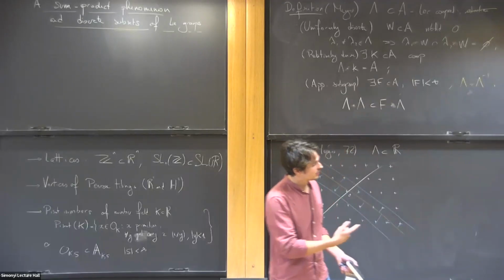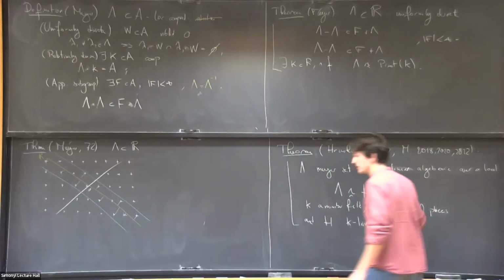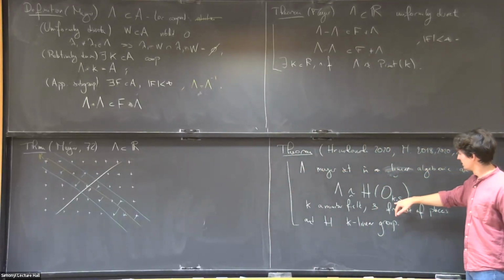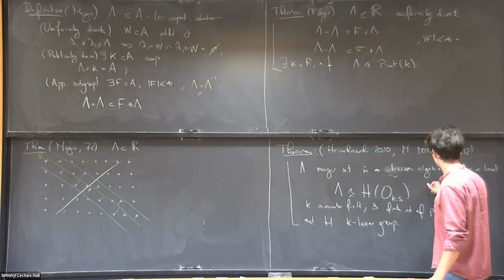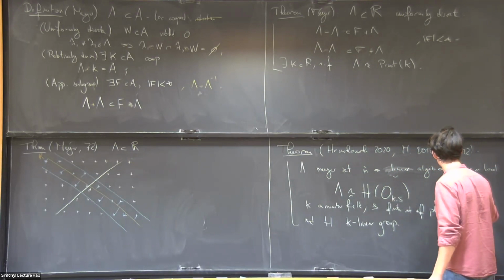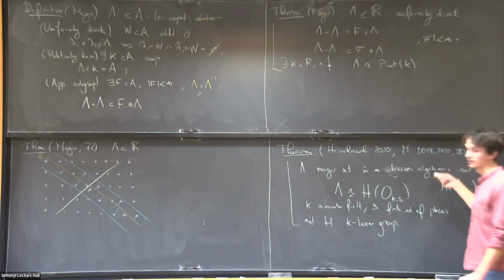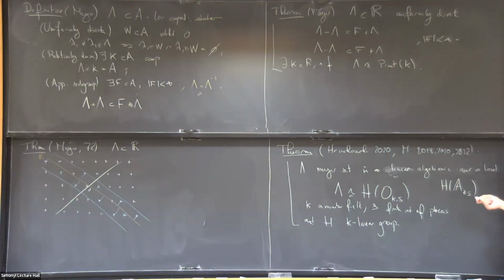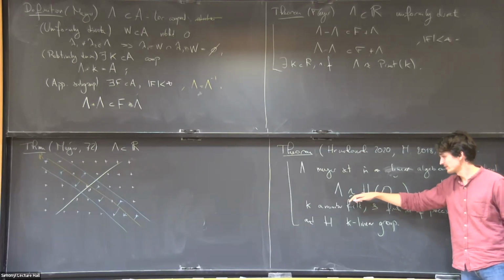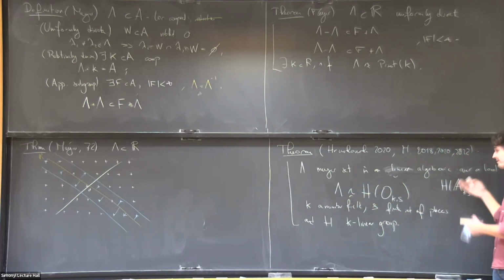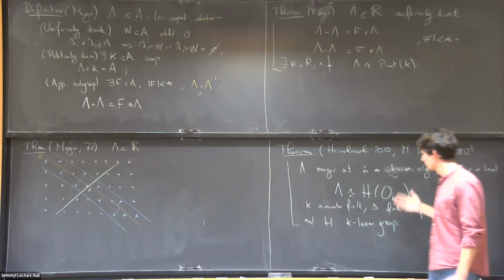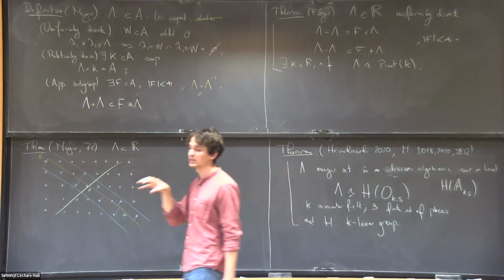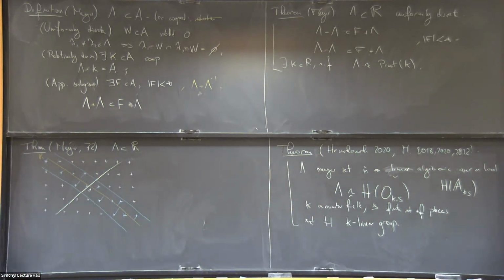So this H is different from the H for which lambda was a subset of H, right? It's possibly a different H, but they should agree essentially. So if you look at H of A_KS, essentially you should recover the H you had originally. There's a lot hidden there, because obviously you can't do that all the time. But it always comes from that construction in a very specific manner. You can really trace it back to that construction.